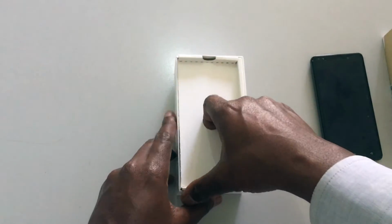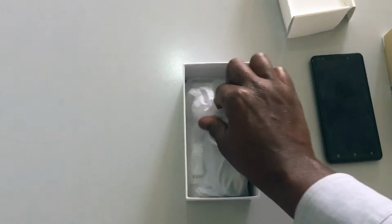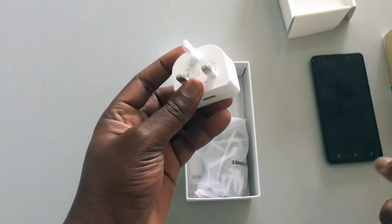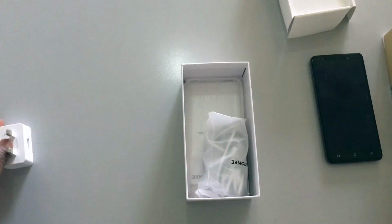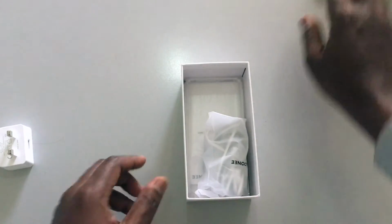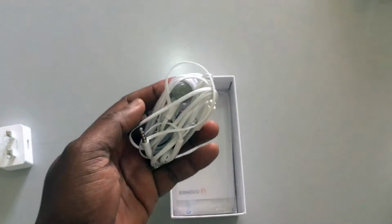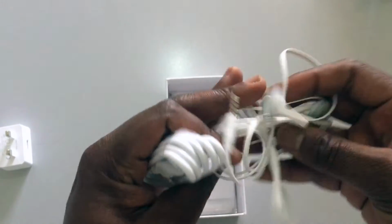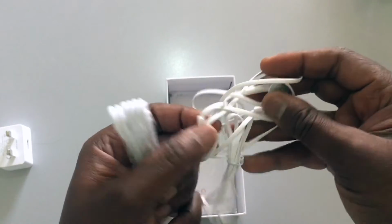And as I pull it up, we get the standard charger, which looks pretty good, branded accordingly. We also have within here the usual requisite headphones, and these look a little bit old school, and remind me of the old iPhone earphones that we used to get. So your charging cable,